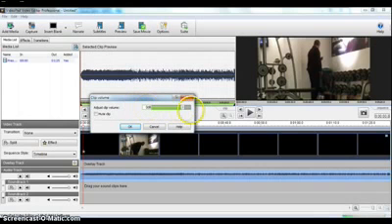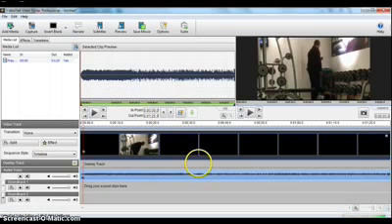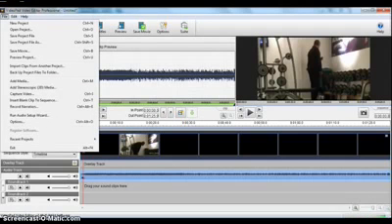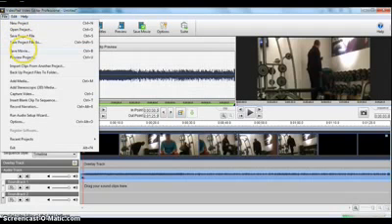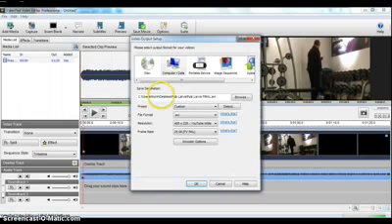You can go up or down, but since there's music on it that I don't want, I'm going to mute the clip. OK, and push OK. The clip is muted and there's no sound to it. Now, I'm going to want to save that without sound, so I'll go to File,